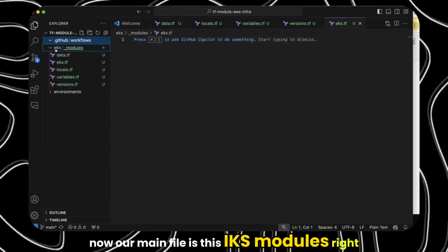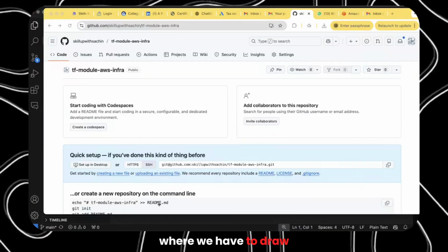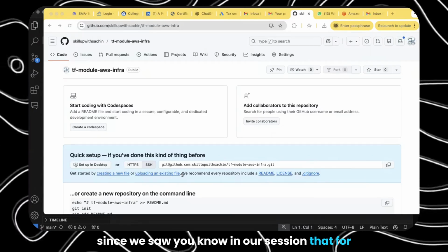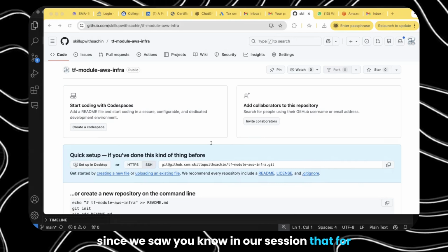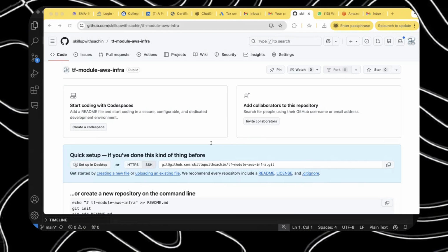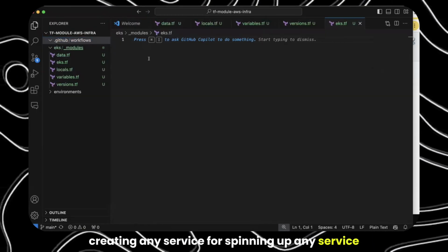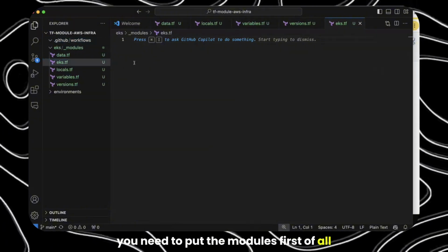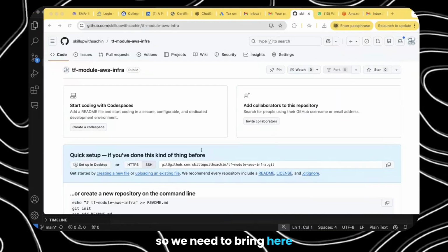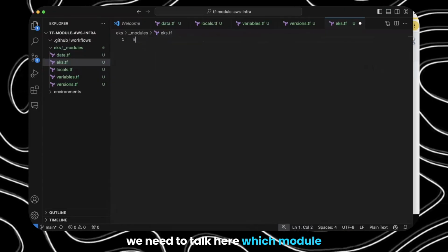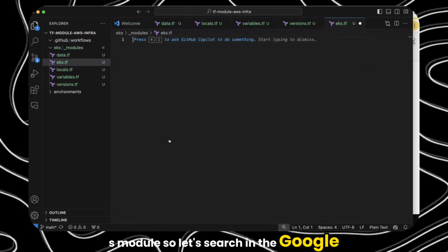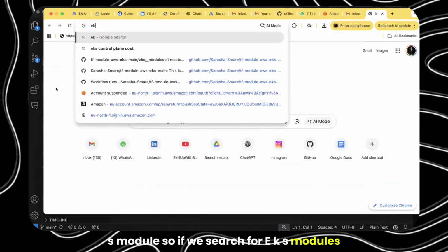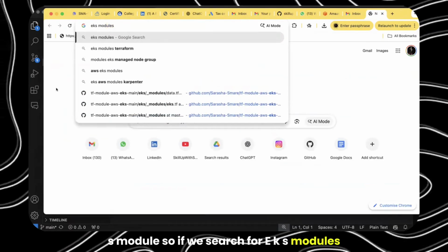Now our main file is this EKS modules, right? Where we have to write everything and put up everything. Since we saw in our session that for creating any service, for spinning up any service, you need to have modules, right? You need to put the modules first of all. So we need to talk here about which module. We need to talk here about the EKS module. So let's search in Google for the EKS module. If we search for EKS modules, Terraform,